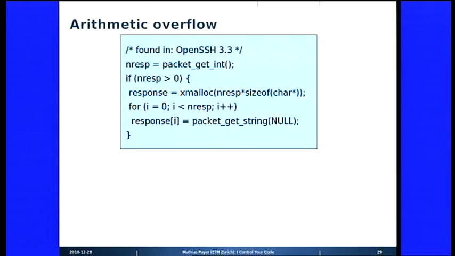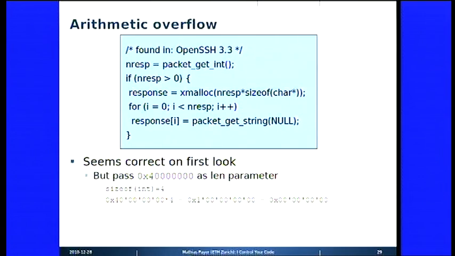An attack like this was found in OpenSSH, in a kind of old version, but still really interesting to see. There was a number that was parsed from a user-controlled packet, and if that number was bigger than 0, we used a malloc, allocated some data, and then copied data from that packet into our response. This code looks correct at first look, but if we look more closely, or if we pass dangerous parameters